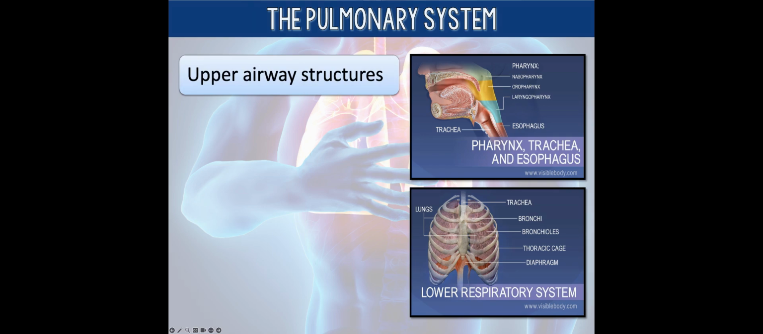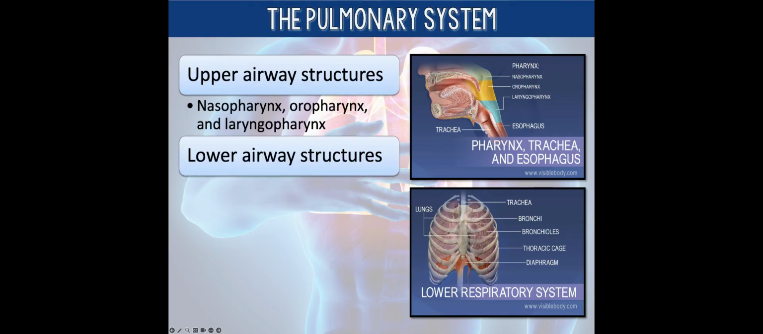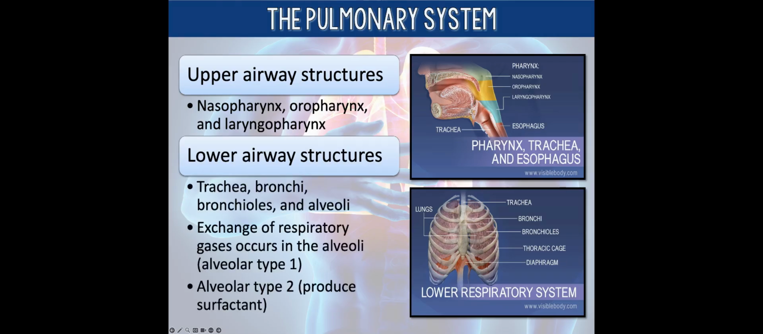So again, as a review, in the pulmonary system you've got your upper airway structures that consist of the nasopharynx, oropharynx, and the laryngopharynx. And your lower airway structures consist of your trachea, bronchi, bronchioles, and alveoli. And just remember that there's two types of alveoli. Your